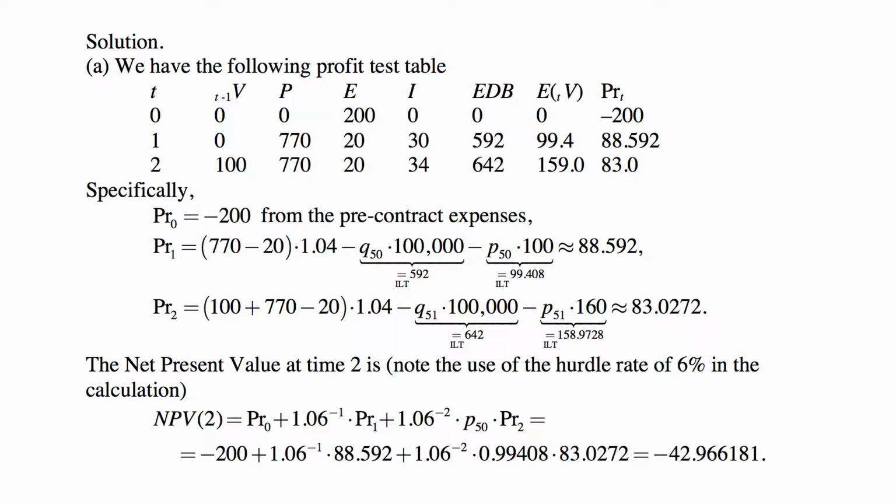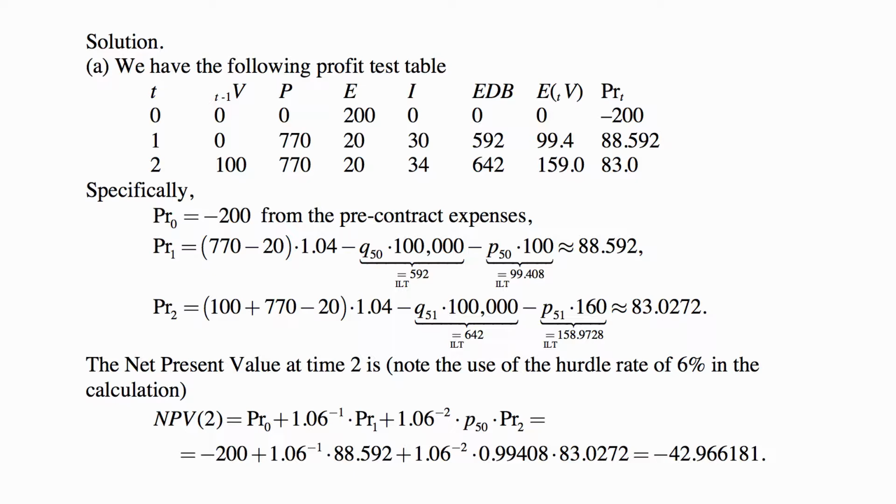Then the profit for the first year, calculated as of the end of the first year, always follows this pattern: you have the previous year reserve with the premium after expenses accumulated at the interest rate used for calculations within the policy, not the hurdle rate, but the rate that is credited in the policy, minus the cost of death benefits, and minus the